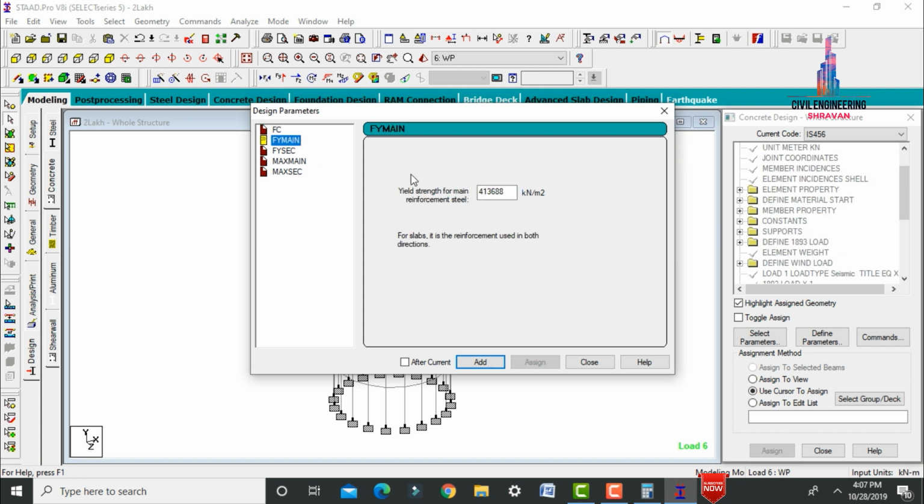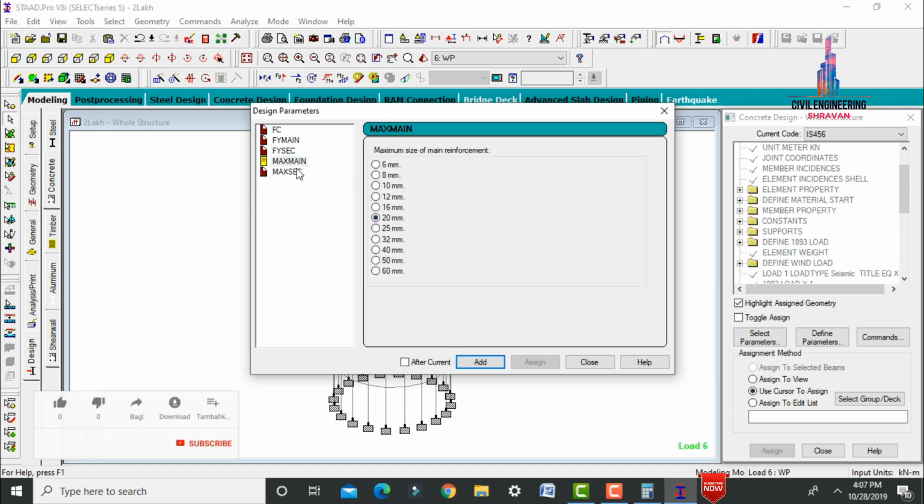After that select Fy main, I am taking it as 600 grade steel, 600,000. Click on add button. After that we have to select the Fy section reinforcement. Here I am selecting it as 600,000. Click on add button. Then we have to select the maximum main, I am taking it as 20 mm, add button. Again I am selecting maximum secondary, I am selecting it as 16 mm, add button,